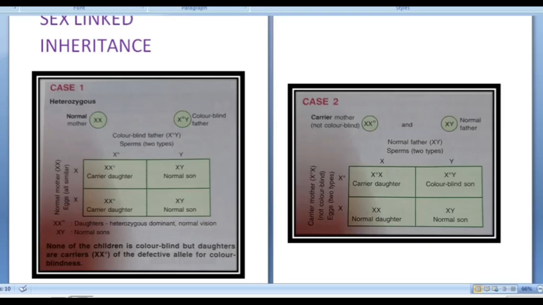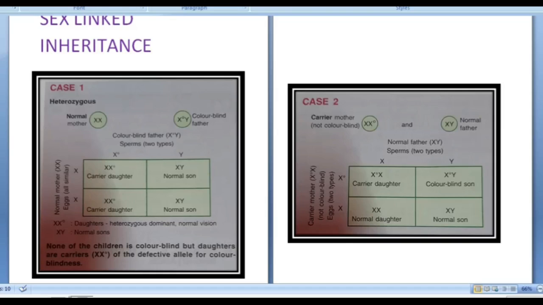Now, color blindness is an inherited disease due to which the affected individual cannot differentiate between certain colors, mostly red and green color. And hemophilia is a genetic disorder in which the sufferer is at a risk of bleeding to death because blood fails to clot in them. So, normally the homozygous recessive female and recessive X bearing male are at a risk of suffering from hemophilia. Now let us look at two cases over here to explain sex-linked inheritance.